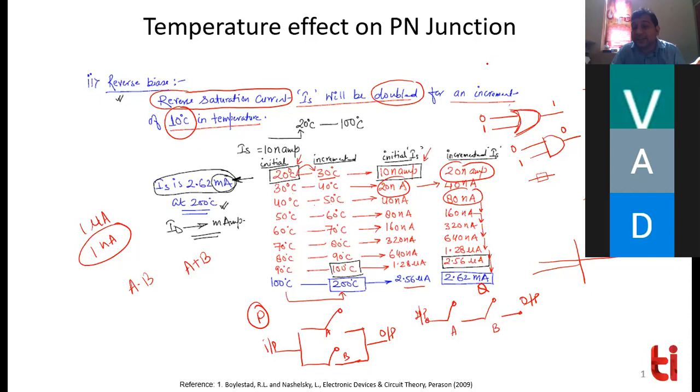Definitely. If any of the switches will be closed, whatever input you are applying at the input side, you will be getting at the output. अगर आपने यहाँ एक इनपुट को क्लोज कर दिया, तो जो भी इनपुट आप अप्लाई कर रहे होगे यहाँ पर, you will be getting at the output. If any of the inputs, either A or B, is 1, you will be getting output 1. If you have input 0, output will be 0. So it's behaving like an OR gate.